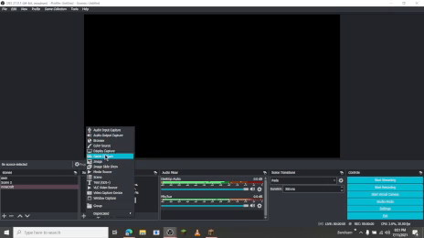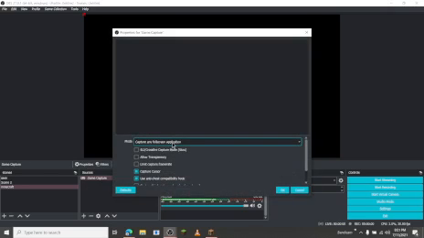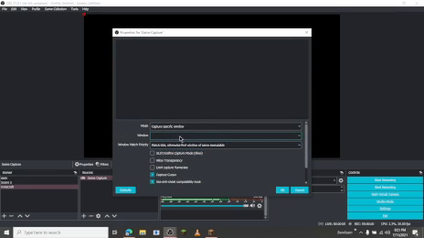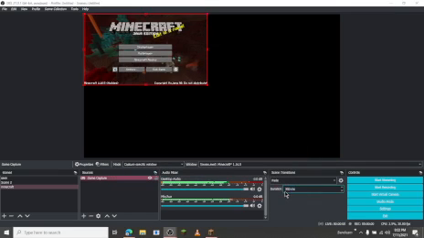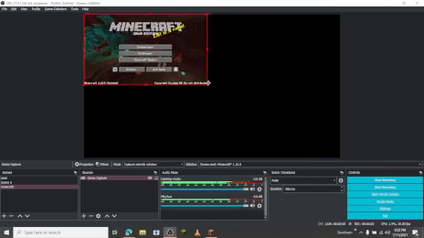And now what you have to do is game capture, then you can change the name, I don't need it now, specific. And yes guys, you can see here now 1.16.5 Minecraft, and you have to press okay. Then you can adjust it from here, so it'll be like this.